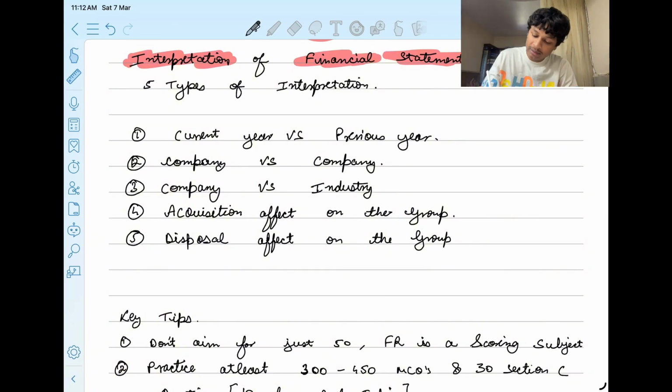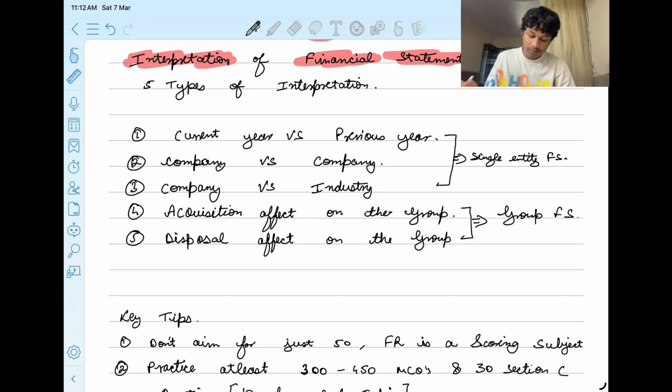So these three will be related to the single entity financial statements, okay, and these two will be from the group